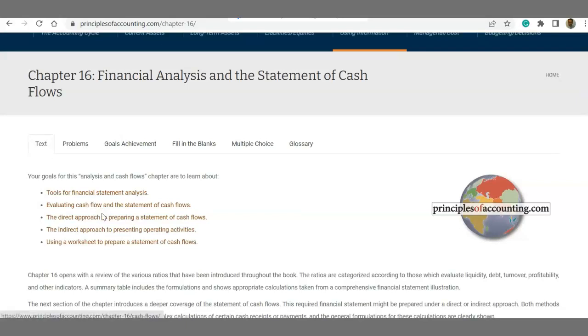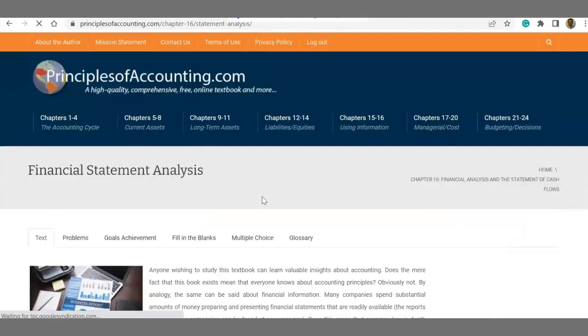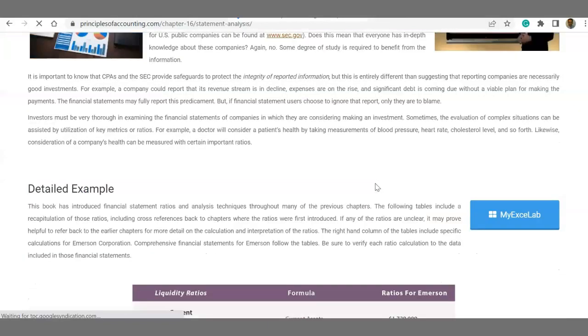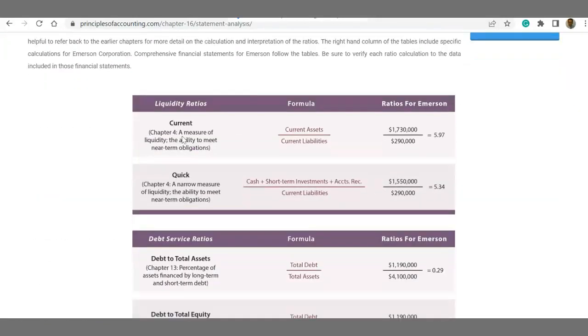Tools for financial direct approach, here, maybe that one. If not, then we go to chapter 15. So tools for financial statement analysis, let's see. Yeah, you see here in chapter 16, it gave you two liquidity ratios, which we covered in chapter 4 already. And